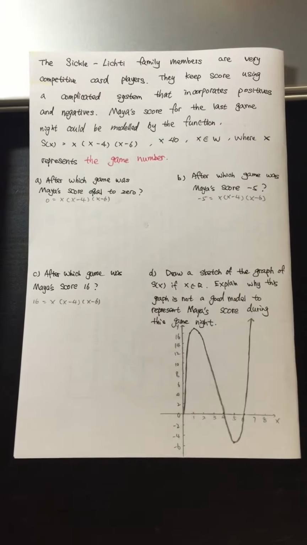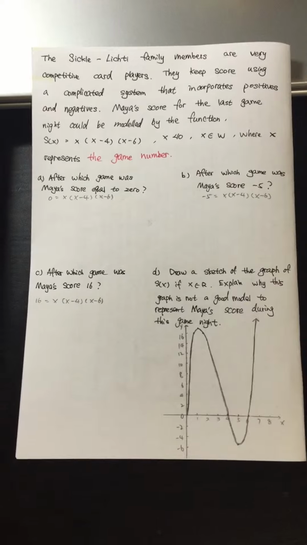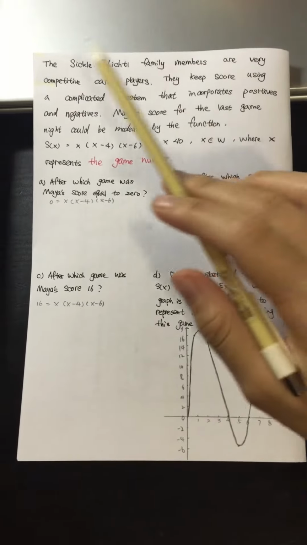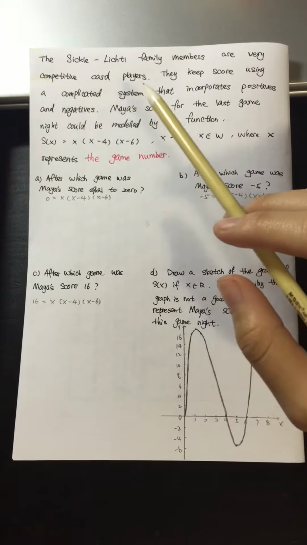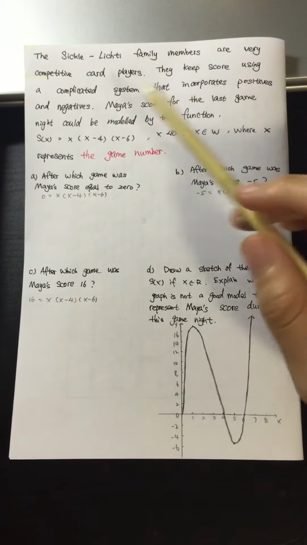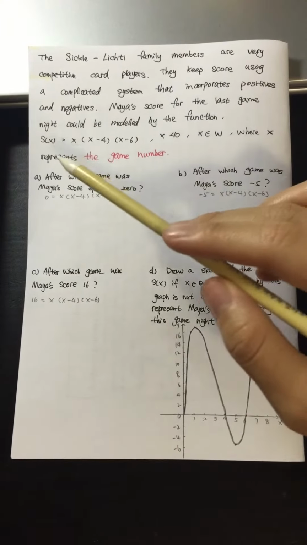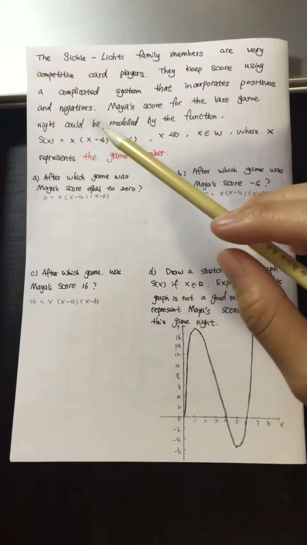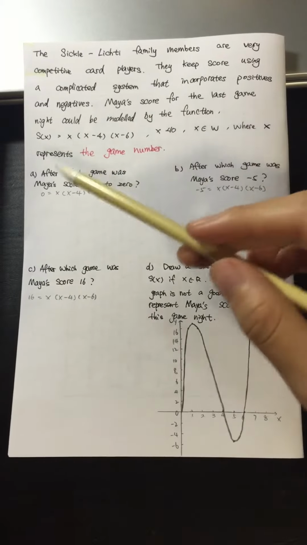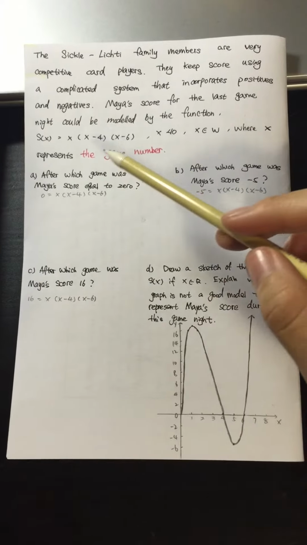The question we are doing is on page 205, question 11. The Scalability family members are very competitive card players. They keep score using a complicated system that incorporates positives and negatives. Maya's score for the last game night could be modeled by the function S(x) = x(x - 4)